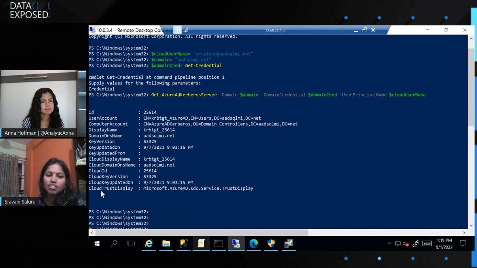And you can see the cloud trust displayed. There is a trusted object that is created with the Azure AD KDC service, and this is the cloud domain name, aad_sqlmi.net. What you have to do is create this Kerberos token. Once this is created, you should be able to connect from your client machine to the managed instance.